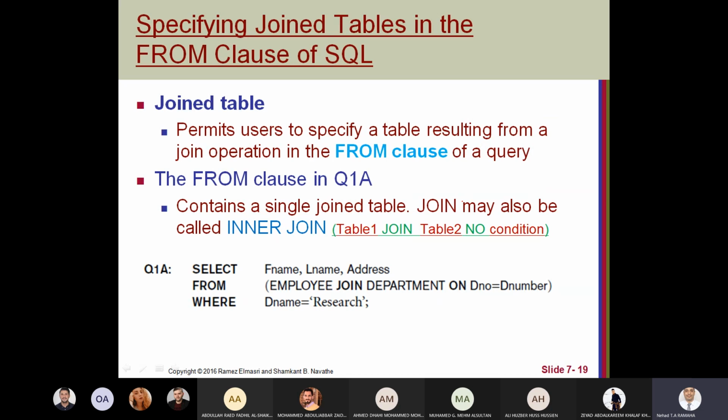Okay, one important subject: using the join between tables. Until now, we have made joins using the where clause. Any where clause that has a condition between attributes of tables actually makes what we call an inner join.